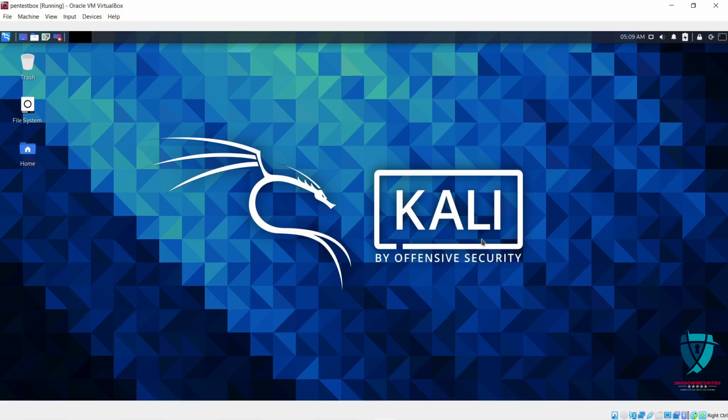Now we are going to solve one of the machines from Vulnhub. This machine is from the Kioptrix series. We did Kioptrix 1 earlier, and right now I'm going to post Kioptrix 4. I'm going to solve the other Kioptrix machines also, and I'll continuously post the whole series from Kioptrix.